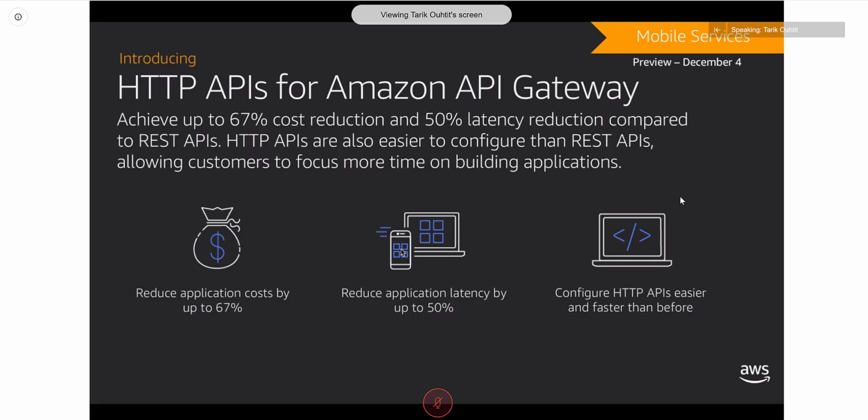So traditionally, API Gateway has had all this kind of advanced functionality, and a lot of customers fed back to us that, hey, this is cool and all, but we're not using it. We just want to be able to front a Lambda with a HTTP endpoint. And so what we came up with is this idea of a cut down HTTP API for Amazon API Gateway. And this gives you some of those functionalities like building a HTTP API, but without some of the bells and whistles that the RESTful APIs come with. So this will allow you to reduce your costs a lot and also reduce latency of your applications a lot.